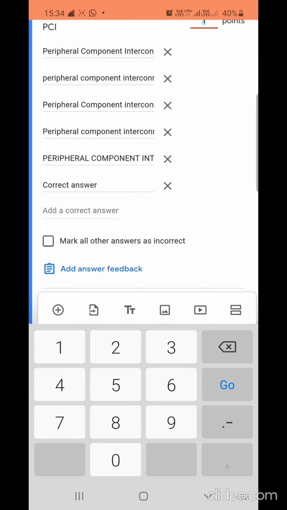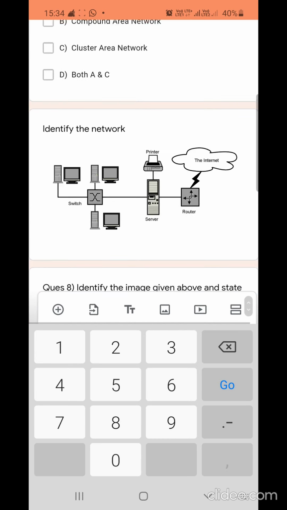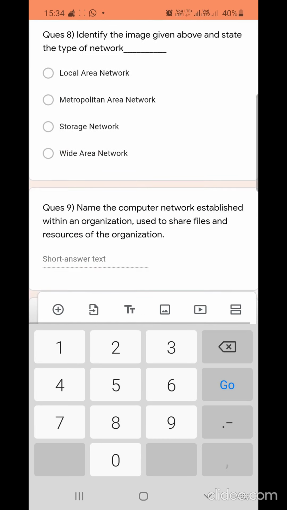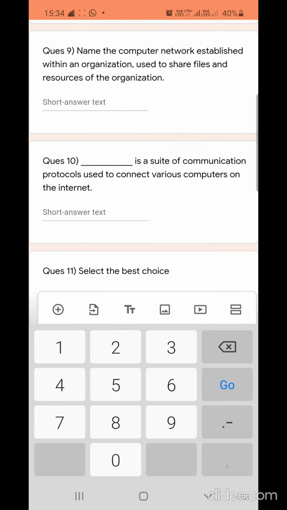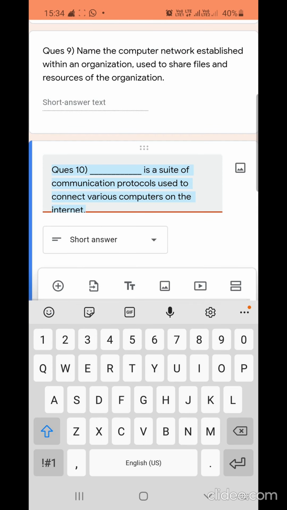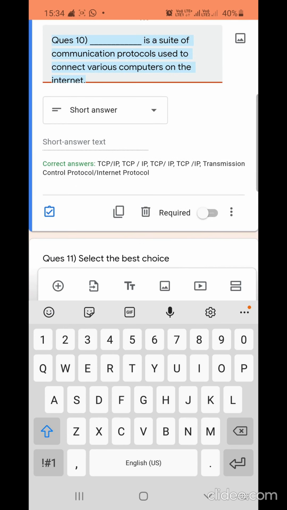At that time, the girl got the marks, but with this answer marked as incorrect. So I will be releasing the marks one by one in front of you. Now you can see another problem in question number 10. The answer was TCP IP.